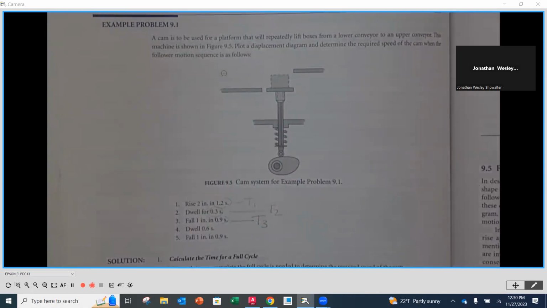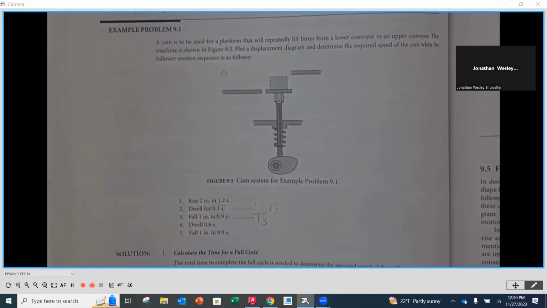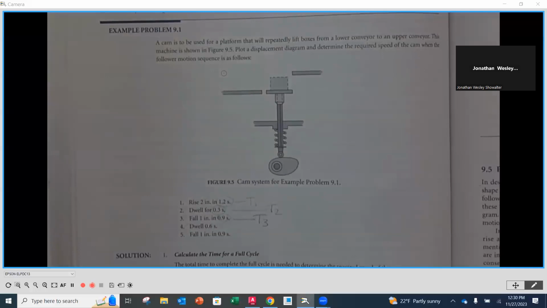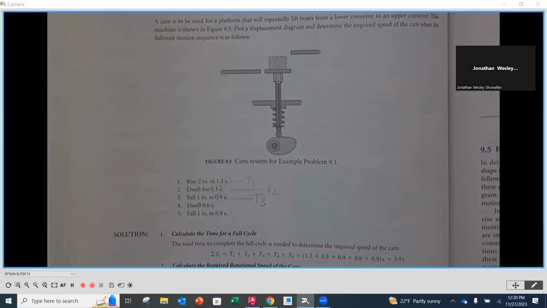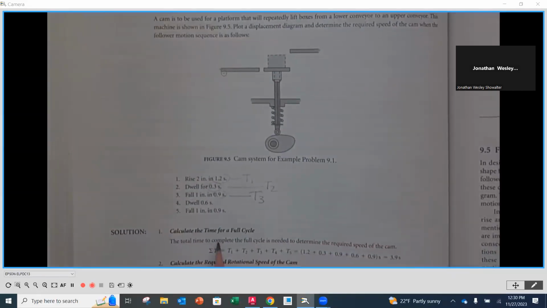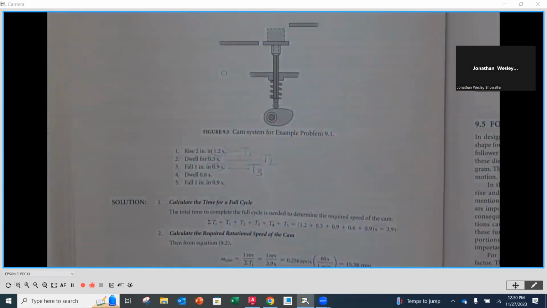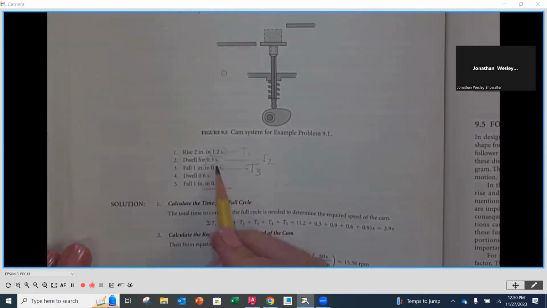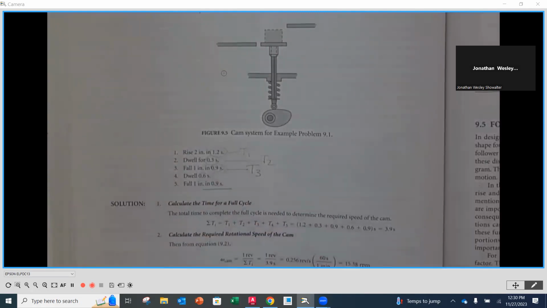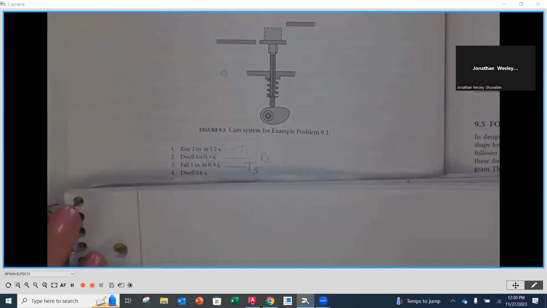All right. So let's get back to the beginning here, now that you know where we're going with this. The first thing we need to do is calculate the time for a full cycle. The time for one cycle is 360 degrees all the way around, 1 revolution. So I need to add up each one of these times. As we look at this problem,